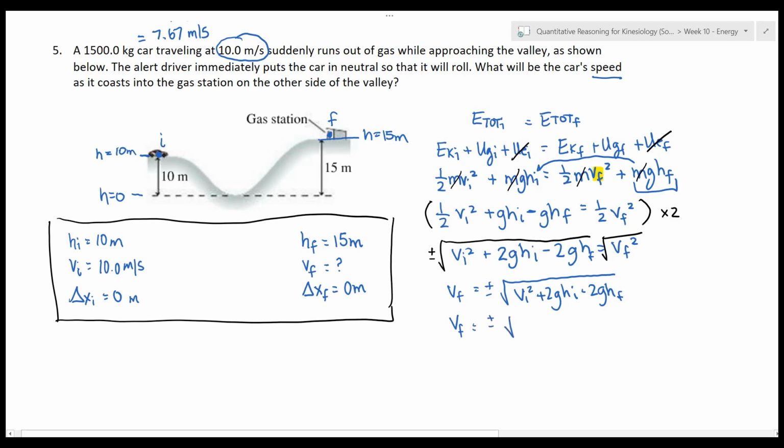So I'm going to sub in my numbers now. V initial was 10 squared plus 2, g is 9.8, h initial was 10, minus 2, g is 9.8, and h final is 15. Everything was in SI units. I didn't have to convert anything. So now I'm going to type this into my calculator. Square root of 10 squared plus 2 times 9.8 times 10 minus 2 times 9.8 times 15. And I get